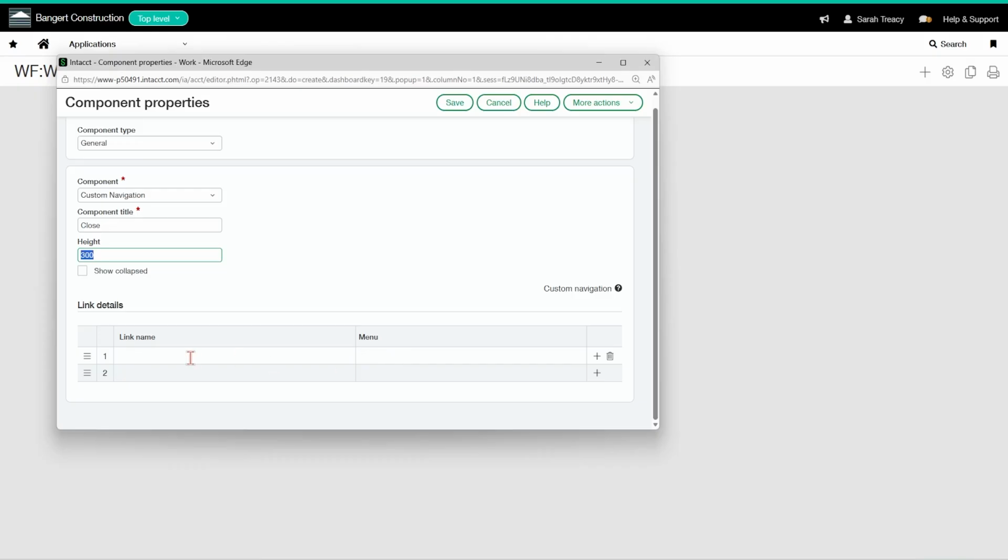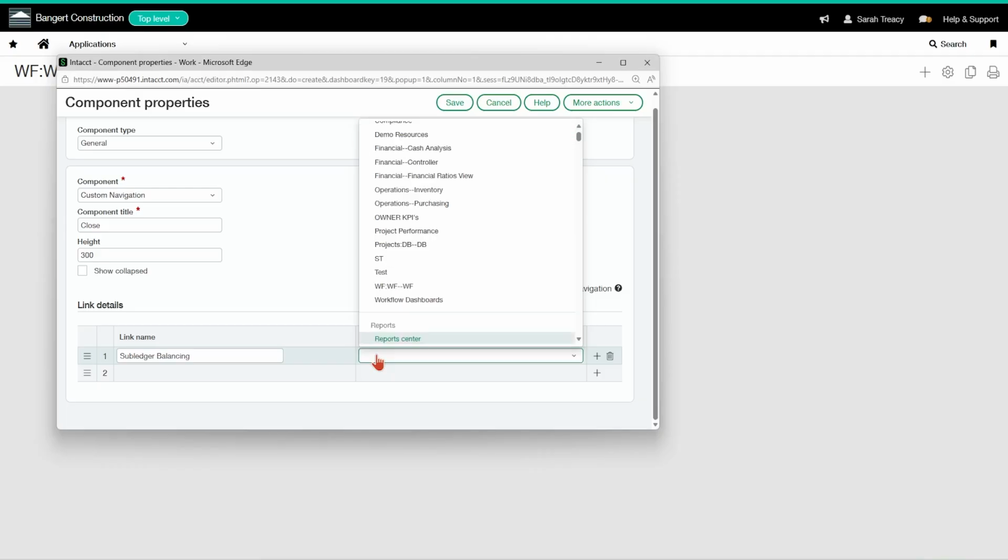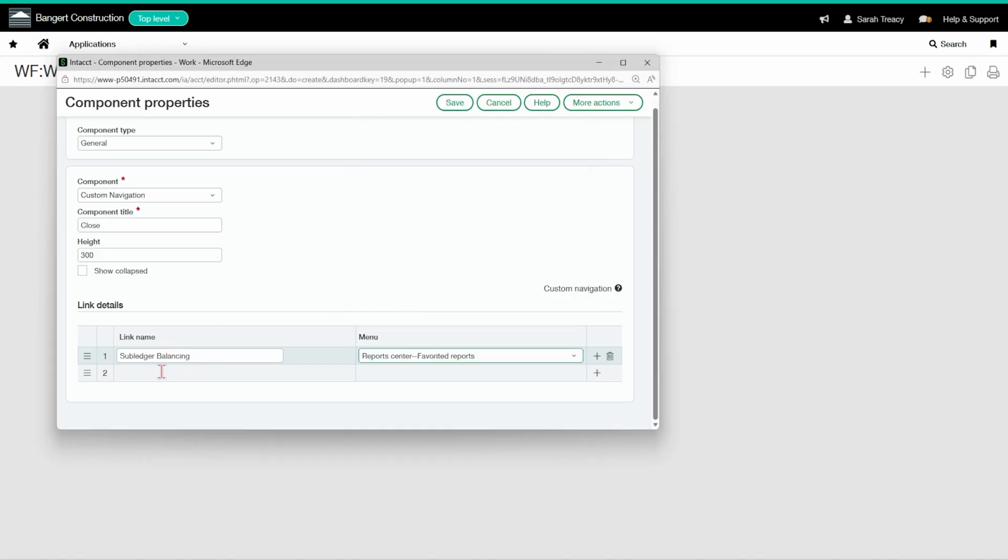So for month-end close, first thing you're going to want to do is a subledger balancing. And on the menu, my best recommendation for what to do for this is basically to favorite some reports that are going to get you balanced, that you look at to balance. And then on your workflow dashboard, point to favorite reports. So I'm going to start typing REP to bring me to the reports section. And then I'm going to click on favorited reports. And we'll look at that once this is complete.